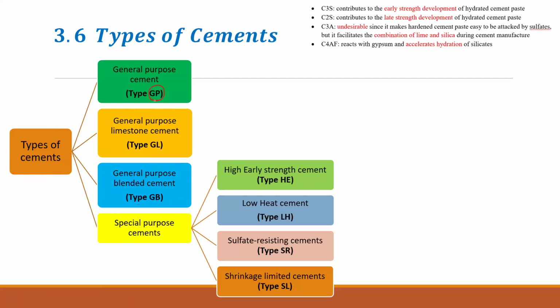GP is the general purpose, GL is general purpose limestone, GB is general purpose blended, and HE is high early strength. So to get the high early strength, we can have a higher amount of C3S, or maybe we can have